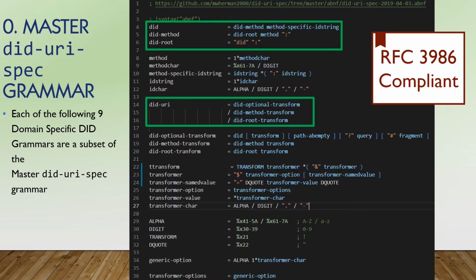Here we're defining the did URI, which is sort of the top level rule. In its full fleshed out form, there's the did followed by an optional transform. There's the did method followed by a mandatory transform, and the did root followed by a mandatory transform. And we see those being defined here. So did optional transform